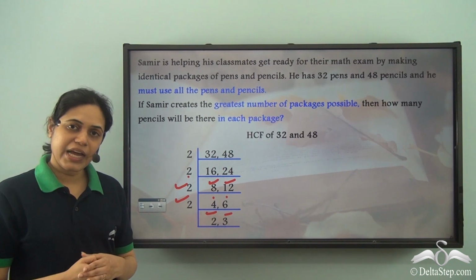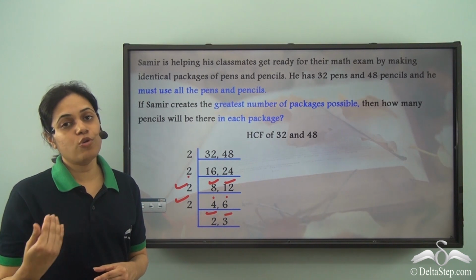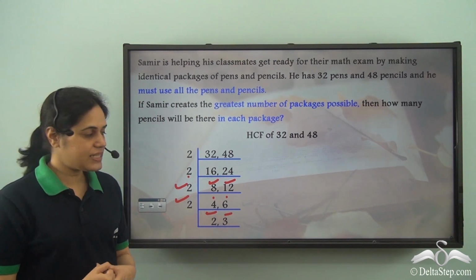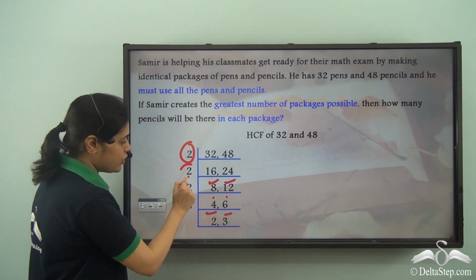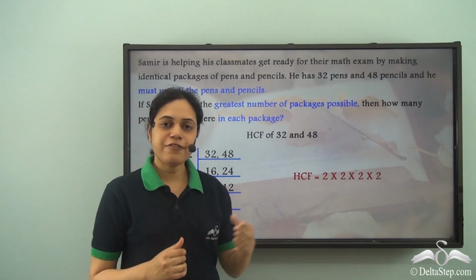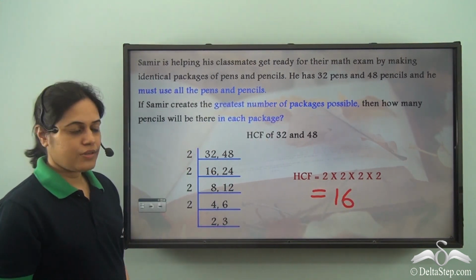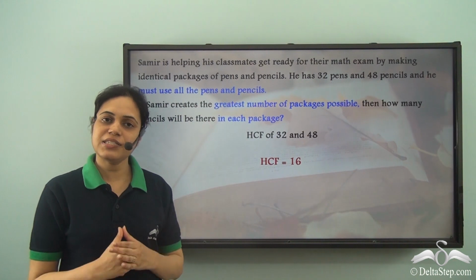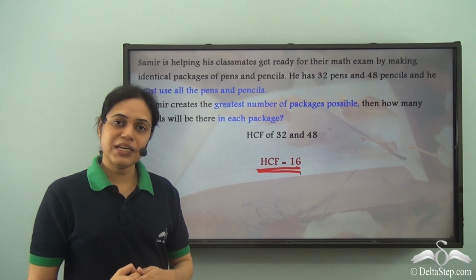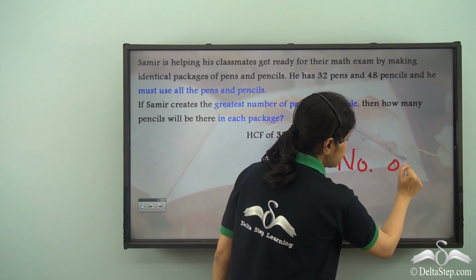Now I stop here. Why? Because 2 and 3 are co-primes. That is, they have no common prime factor. So I stop here. What will be my HCF? HCF will be 2 into 2 into 2 into 2, that is 2 multiplied 4 times, which is 16. So the HCF is 16. So what is 16? 16 is the number of packages